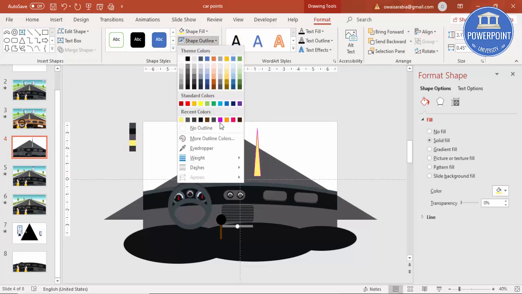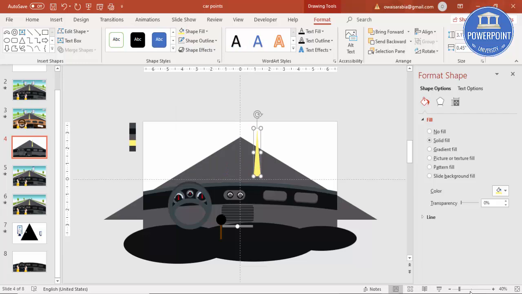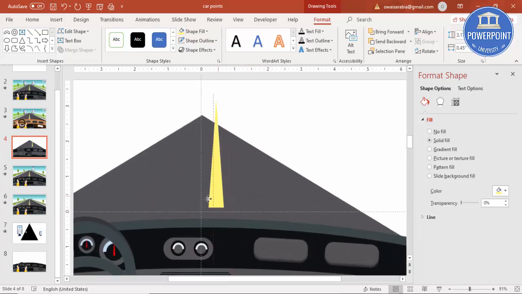Shape outline, make it no outline, and zoom in, and you have to place it carefully in the center. You can just drag like this, reduce the size,